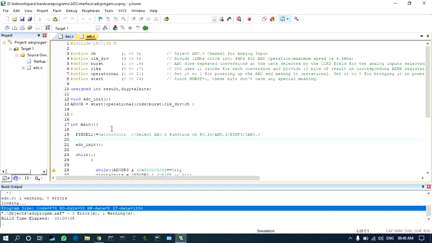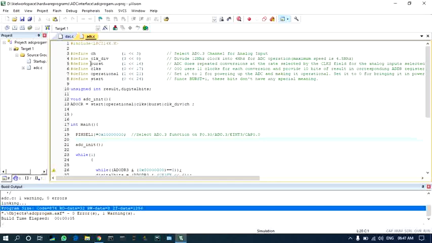This register will select the channels, whether the conversion should happen in burst mode or not, what the clock divider value is, what the clocks are that give the resolution of the output value, and whether it should be operated in operational mode or power down mode.